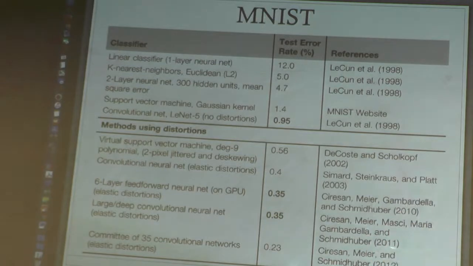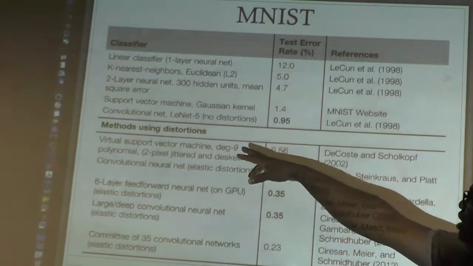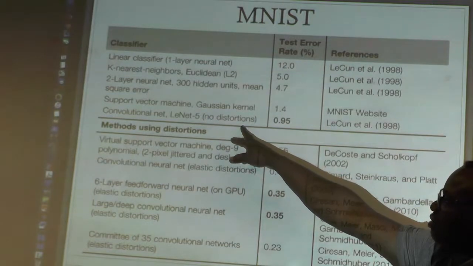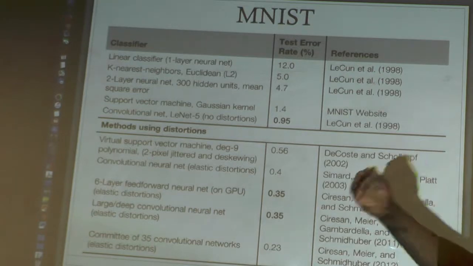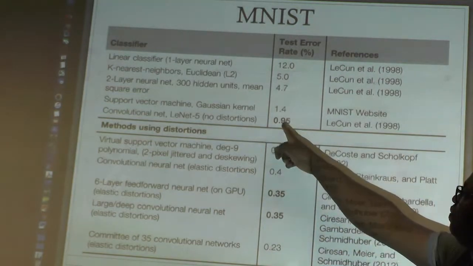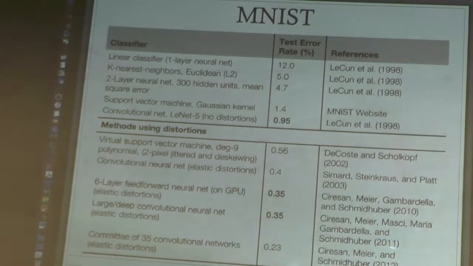Okay? At that level, it's simply a convolutional neural net. It's not about deep learning. The difference between that and any other is that they have no distortion, but they apply level 5. That is, you have 5 layers of convolutional neural network. We're not talking about the hidden layer. Each one of them has their own hidden layer, and then you have 5 of that. Okay? And they reduce it further to 0.95. And it stayed there. No progress. Nobody can actually make it better